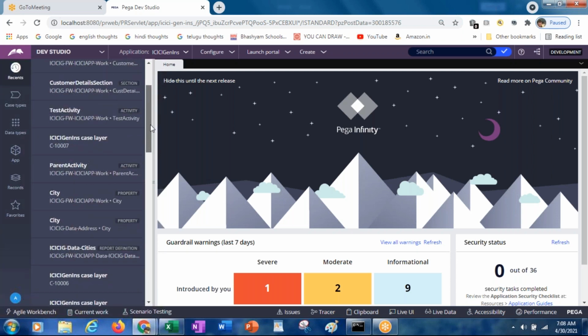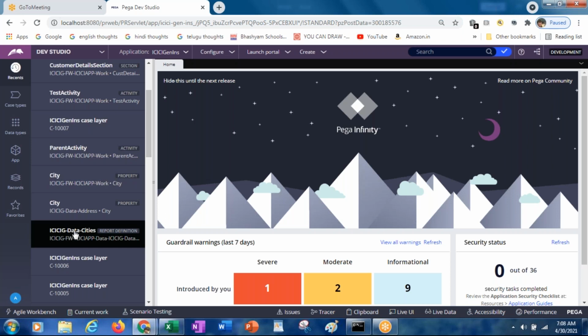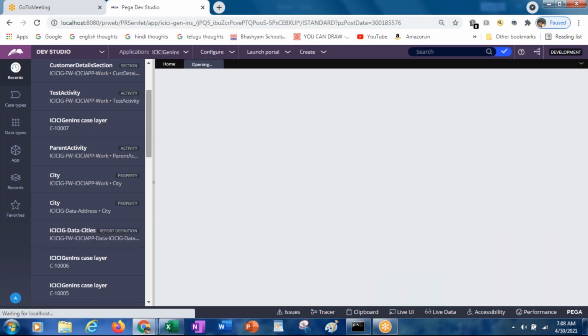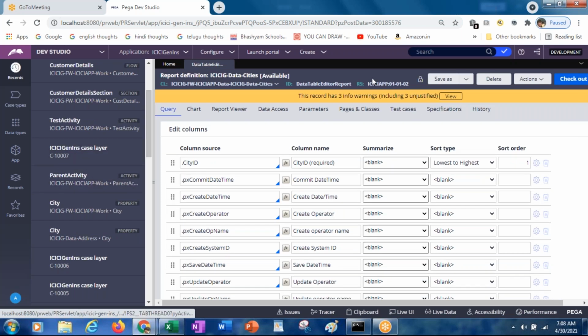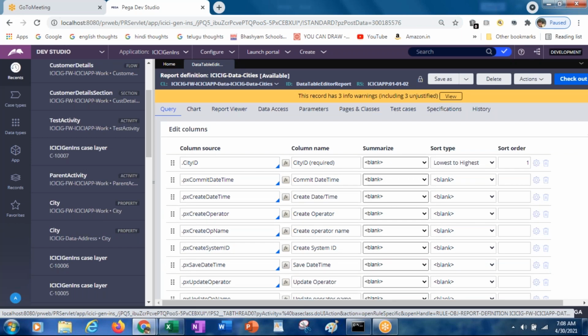The default report definition, get data table editor report, which is returning the cities table values, is this one.